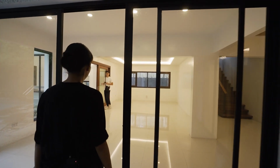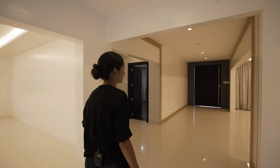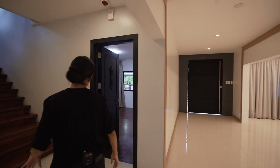So now, hello. So now we're back in the dining area and the hallway. So that's what the main door looks like from inside. And now let's go through here. Okay, so